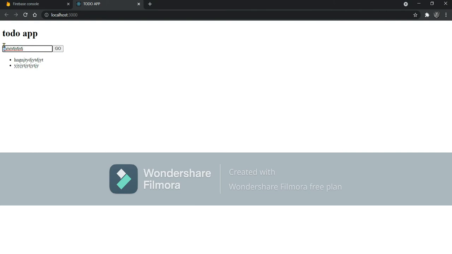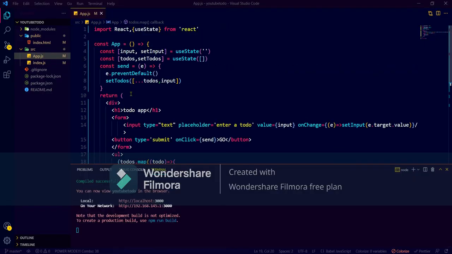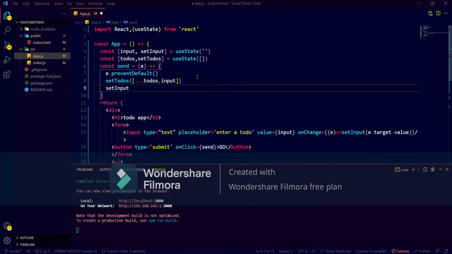We do not want it to remain, so after we hit the go button we want our setInput to be empty.